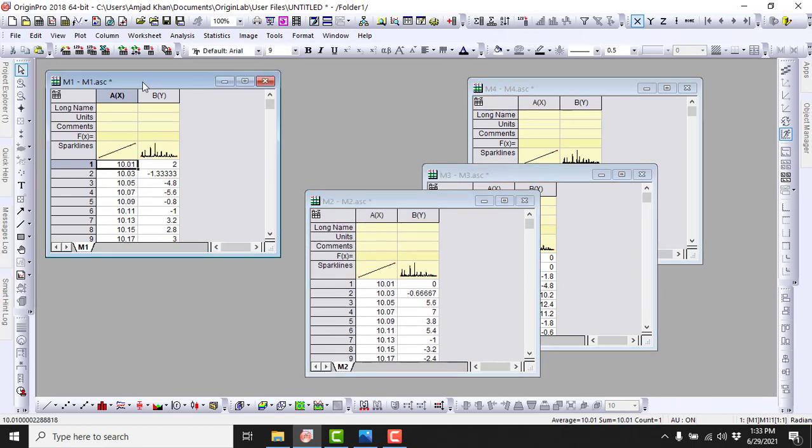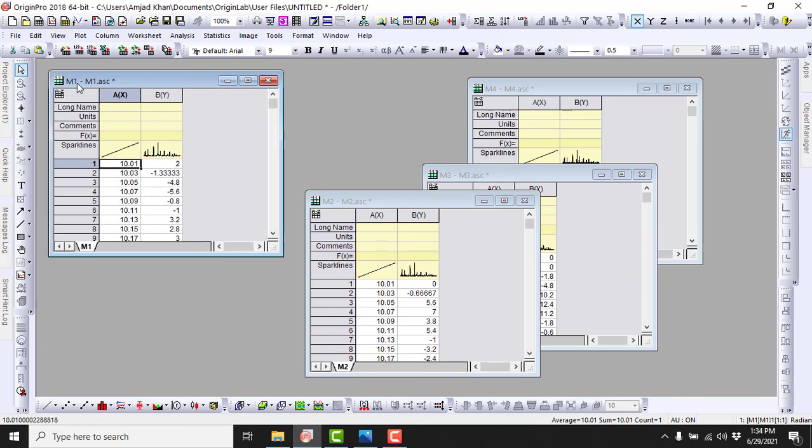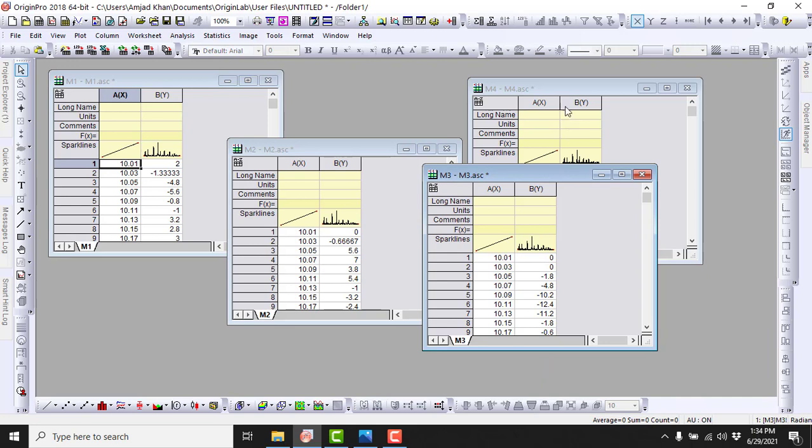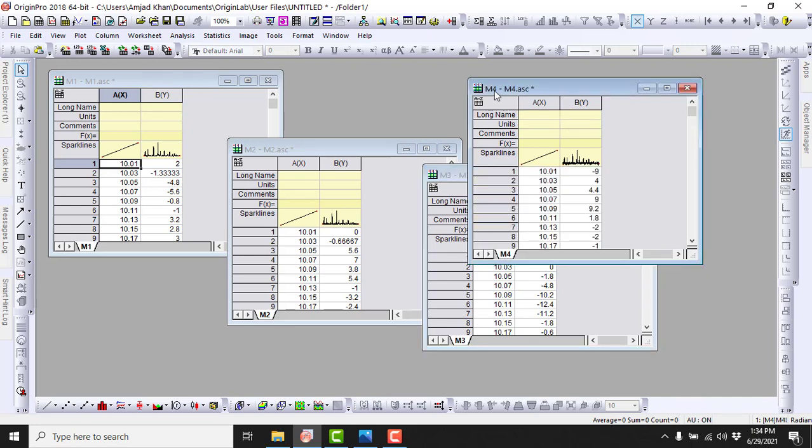You can see on the top of each window the sample name is written. Here is M1, which means this data belongs to the M1 sample. This is the M2 sample, this data belongs to the M3 sample, and this data belongs to the M4 sample.